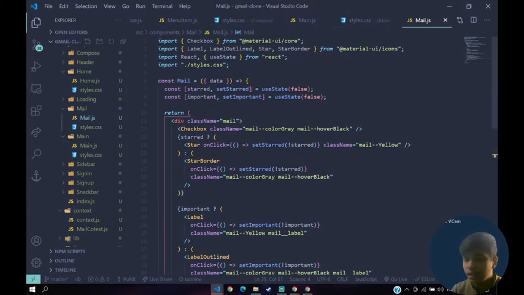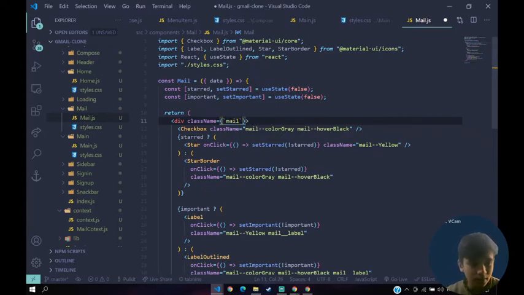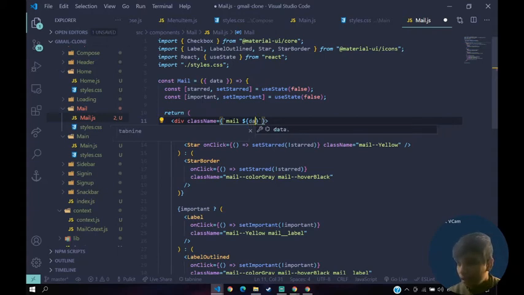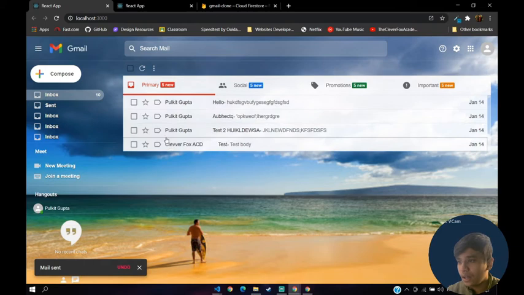Here inside of our mail, we again do string concatenation, it's going to be mail, then if data dot read is triple equals to false, basically not equals to false, then the mails are unread, so it will get a dark kind of color. If we save that, now everything should have a dark color. As you can see, the color changed.